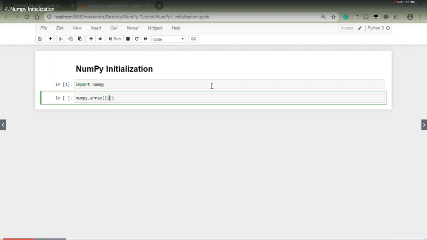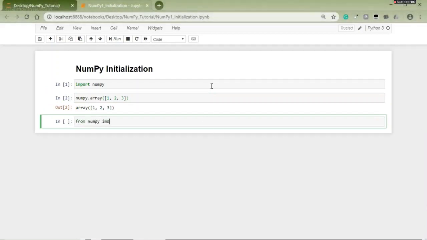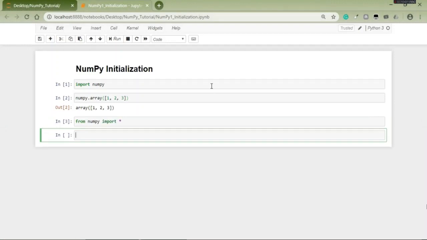numpy.array. If we use from numpy import *, all functions will be loaded into the local namespace. For example,